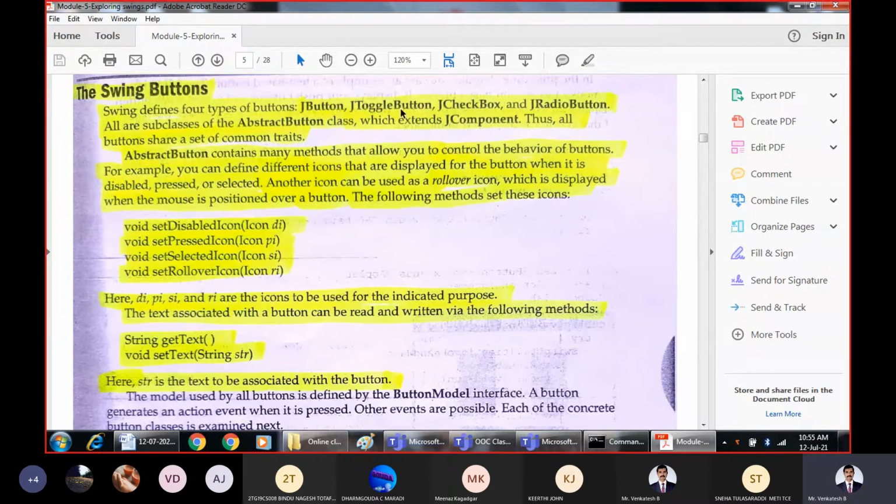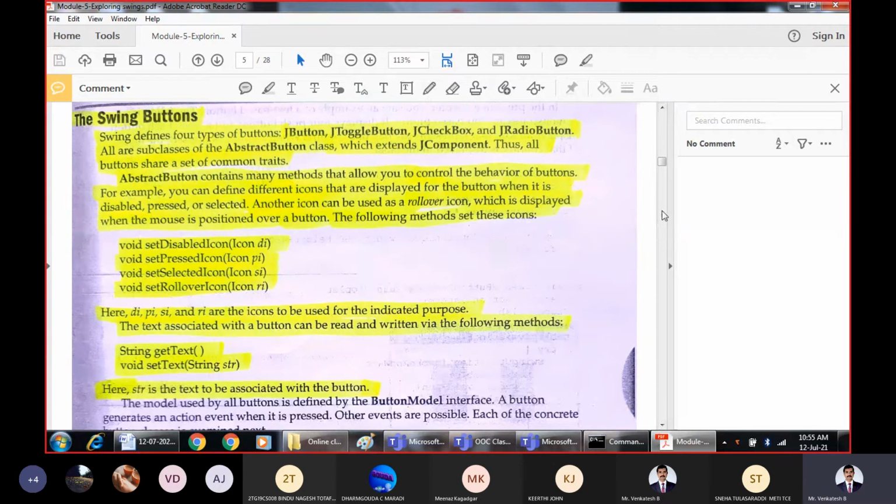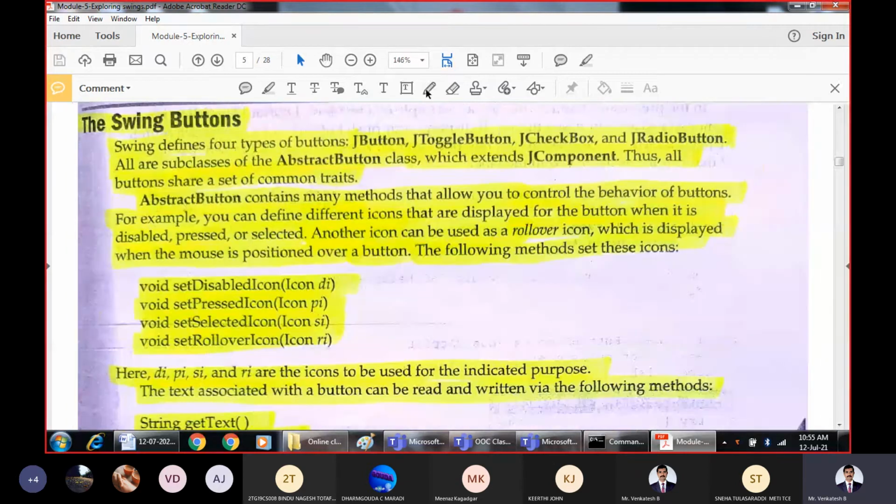So these are the four fundamental buttons supported by swing. Each type of button has its own functionality, which will allow us to create the required type of graphical user interface.